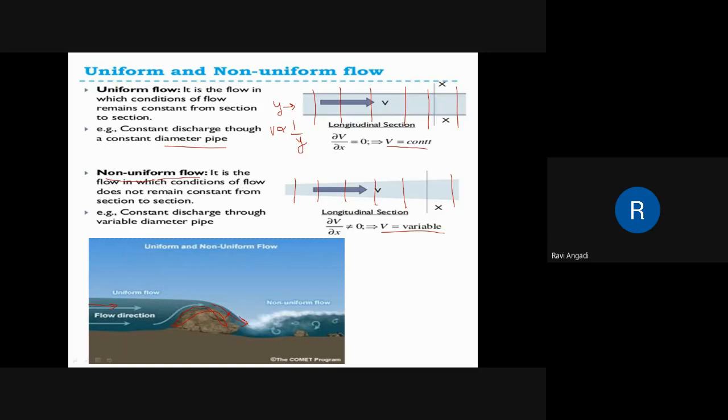It flows with very high velocity. As I said, it is inverse: velocity is inversely proportional to the depth of flow. As the depth of flow decreases, the velocity increases. So behind the obstruction, the depth was more here, so it had less velocity here. As the depth decreases over the obstacle, it flows with a very high velocity.